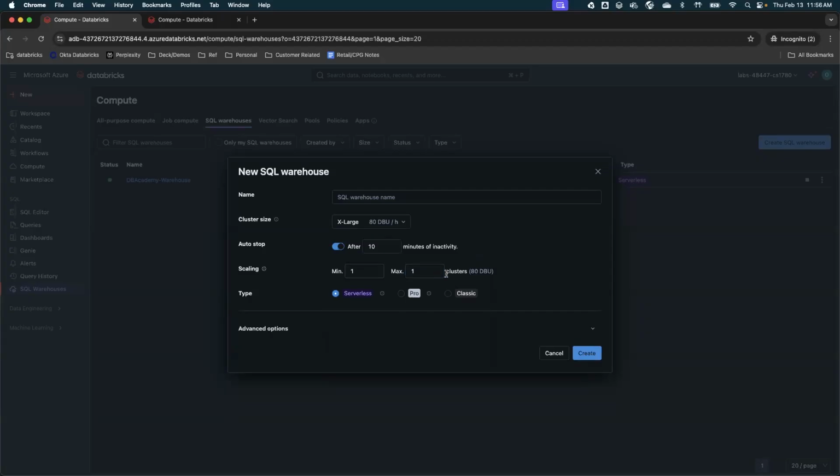Think about cluster size as expansion of your compute vertically, going from small to large, extra large. If you start with, let's say, medium, and you have multiple queries running and you don't have very huge data, but those users are able to run all those queries.